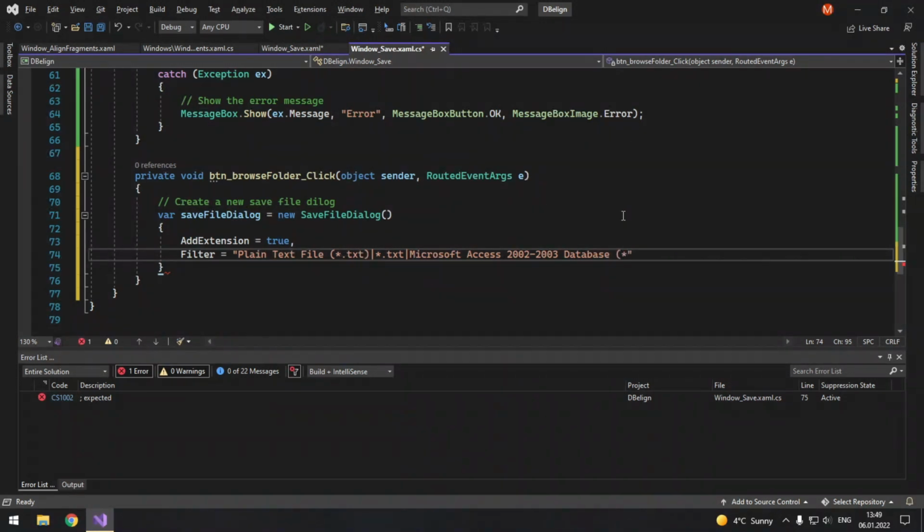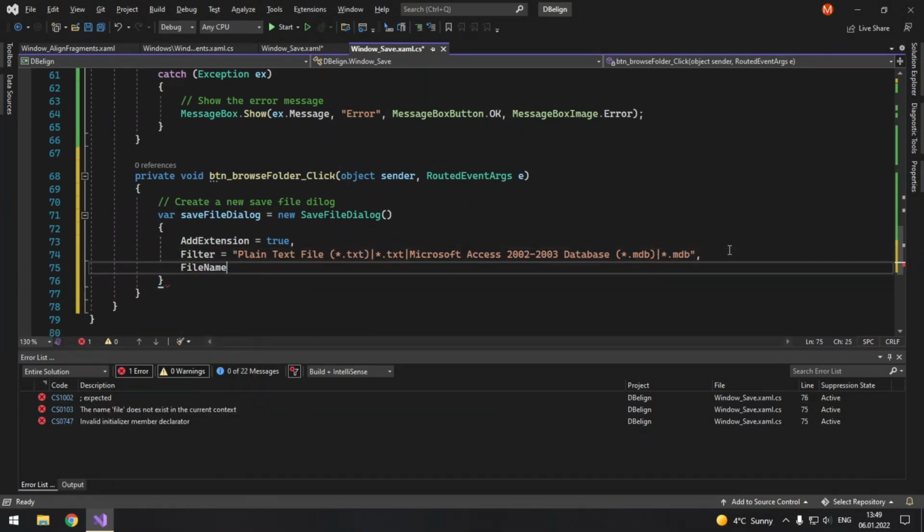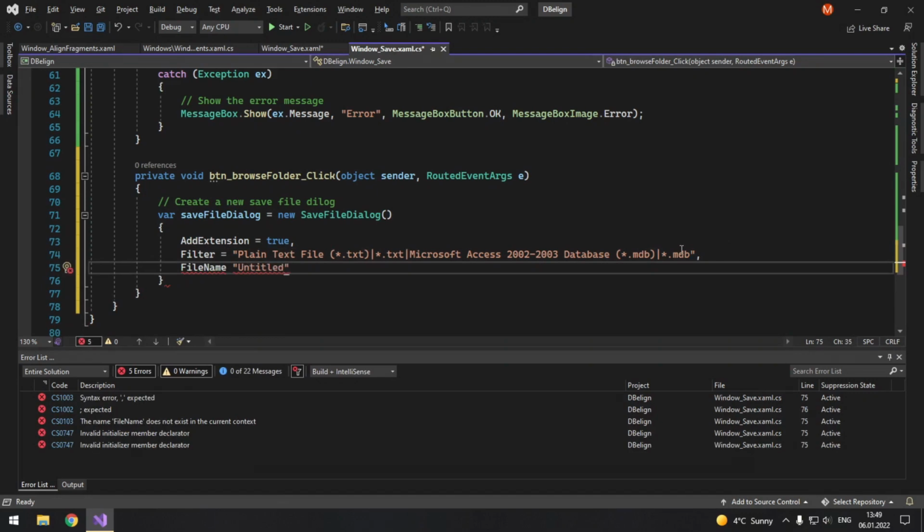So *.mdb|*.mdb, comma here, and also the default name will be FileName, untitled.txt, because we have txt first here. FileName equals.